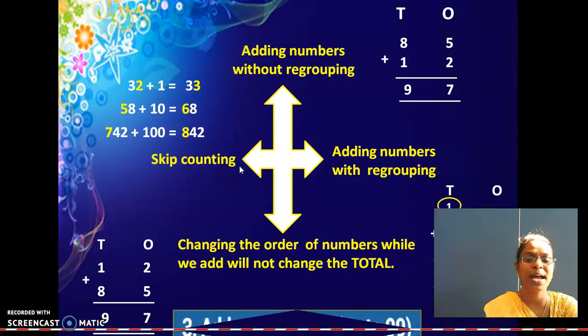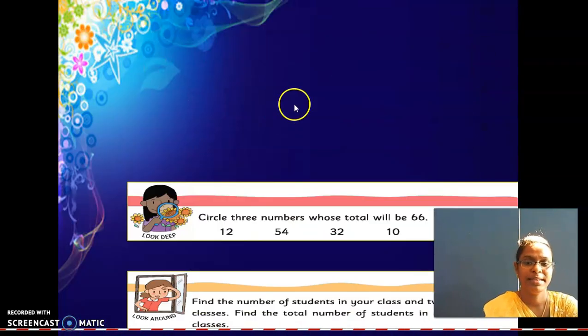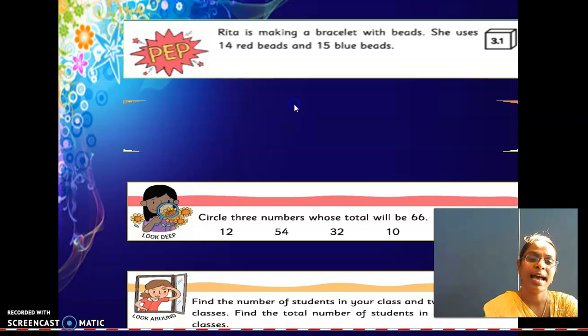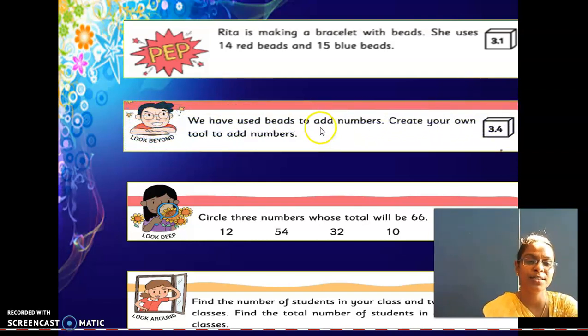So what is the next one? What are all the activities which you have learned for addition? The PEP activity, where you have the beads and you join the blue and red color beads. That was your PEP activity. So while we are entering into new content, we use